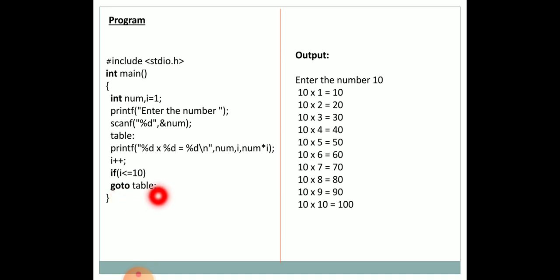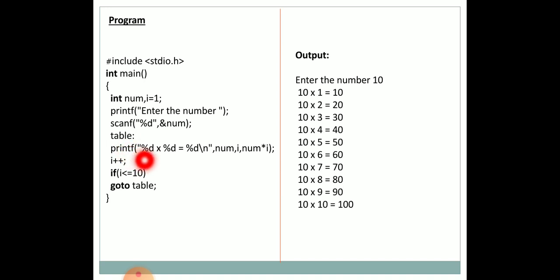Table is the label given at this point of the program. So from here the control of execution transfers to the label, that is table, given in this part of the program. So the statement immediately following this label will be executed next.